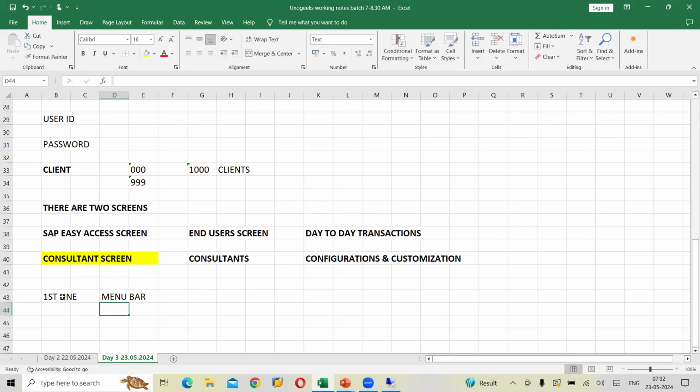Next one, second line, we call it as a title bar. Title bar. And third line, we call it as a SAP standard toolbar. Okay, SAP standard toolbar. Next one